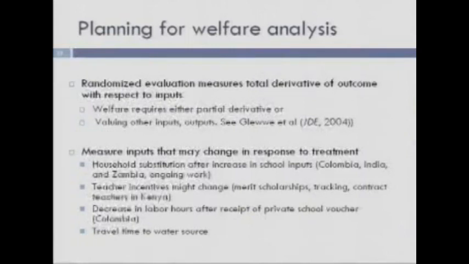Actually, let me explain this travel time because that's a slightly different point. I'll discuss this paper more later, but work we've done with Ted Miguel and Jessica Leino and Alex Swane looks at what's the effect of improving water sources. And we were initially interested in what's the health impact of this. But we observed that when you improved a water source, people who had used other water sources switched and started coming to these sources. So you can see what the extra willingness of people is to walk to get the improved water source. Turns out that can actually be a measure of how much people value this. So it's actually conceptually quite different than the rest of the slide. That probably should have been a separate bullet point.